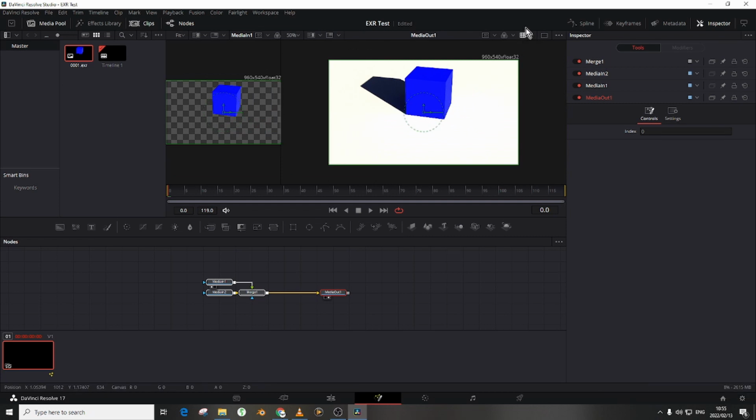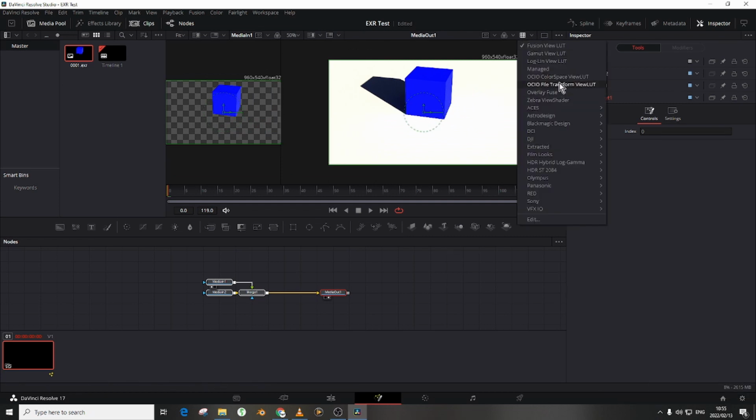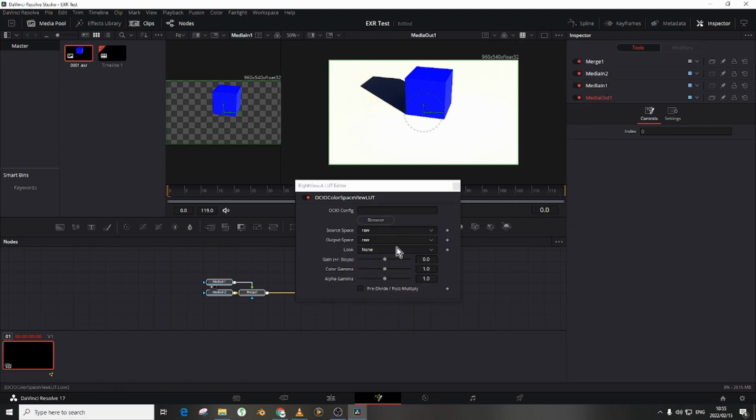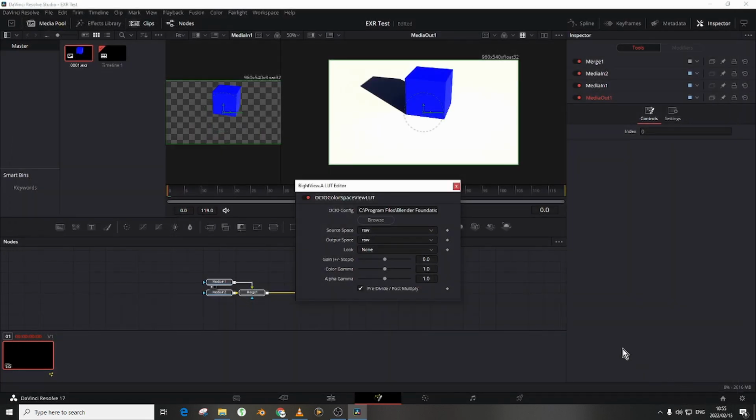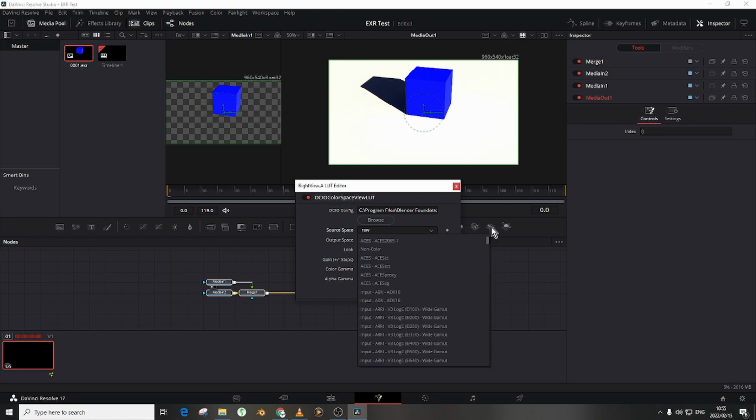Now mostly you will use your view LUT, but in this case we will take the view LUT from our Blender folder. So let's browse, and then you need to go to ACES folder and then press that config file, and that's the LUT. But now you also have to choose your source input. Our source input in this form was ACES CG, so let's look for that. ACES CG, press that,